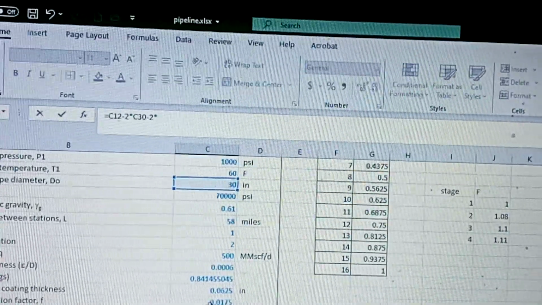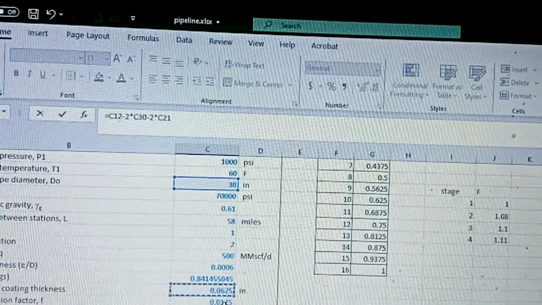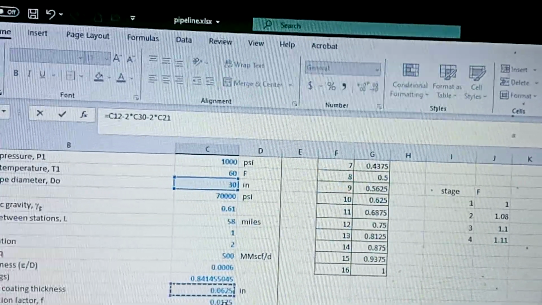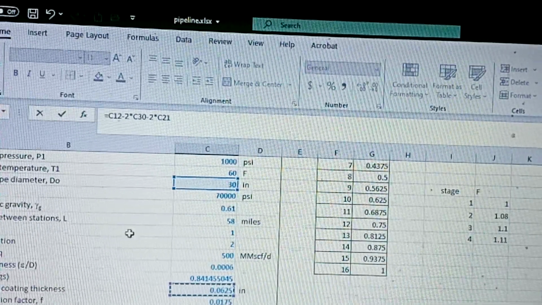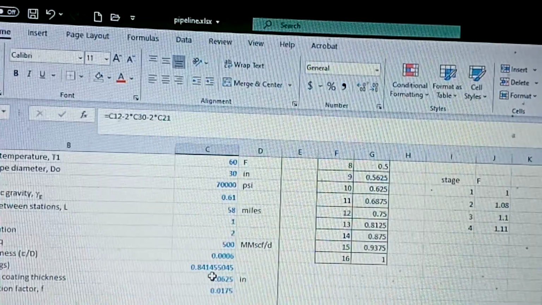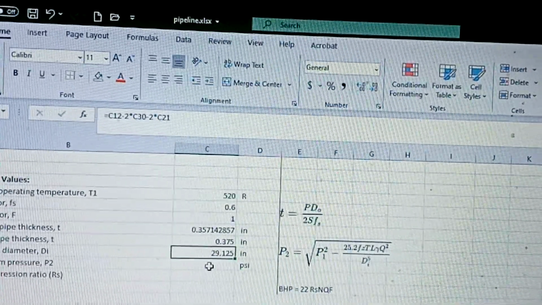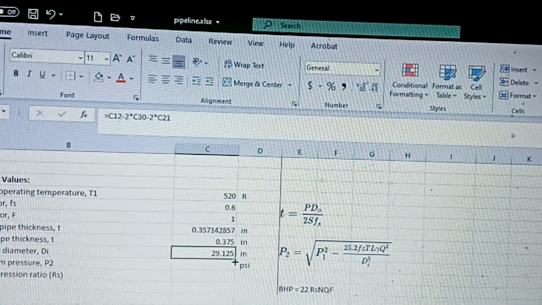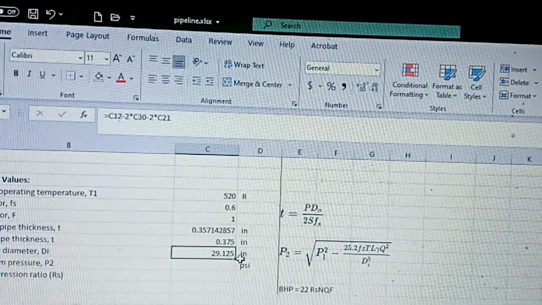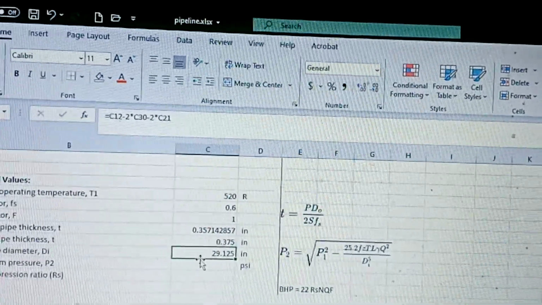I click on the coating. I close the bracket. No, did I open it? I didn't open any bracket, so that's it. So now the inside diameter is 29.125 inches. Okay. So that's what I'm going to use in my calculation